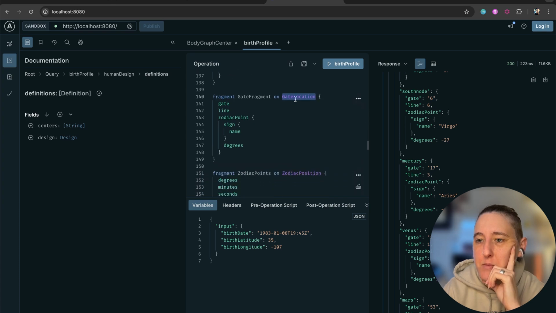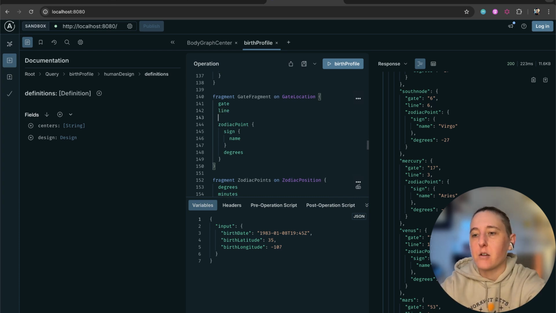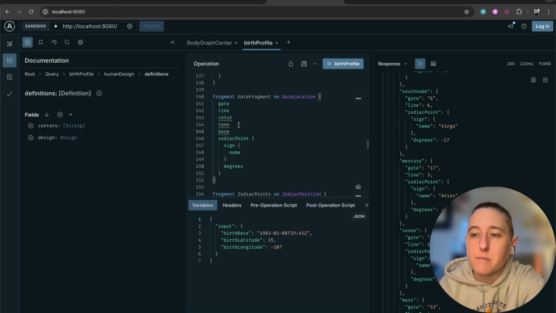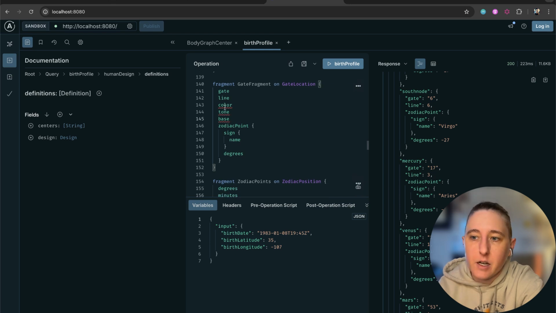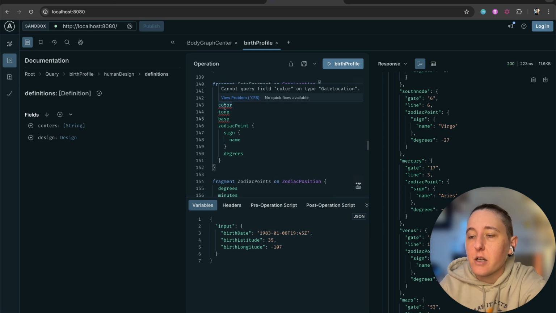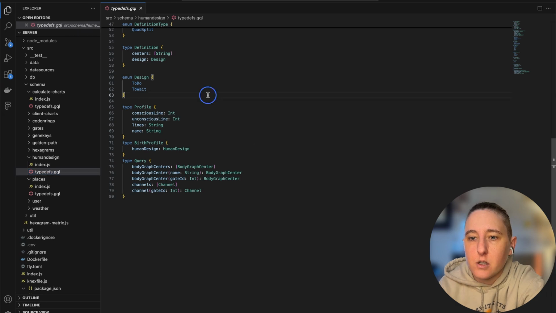So this is a type, and it has a gate and a line, and basically what I want to do is implement right here, and this is not implemented yet, so it's going to error out if I do it, but color, tone, and base. And I don't know if I'm going to get to base, but I need to do at least color and tone. And so right now it's giving me a little red squiggly line and saying, cannot query field color on type gate location. Okay. So we're going to go over to the server